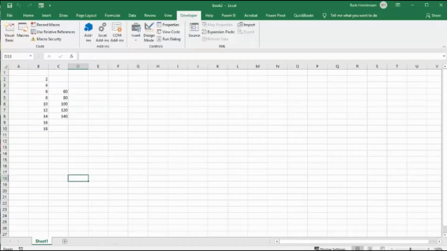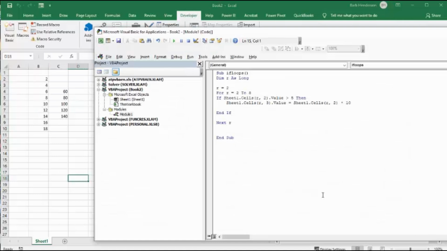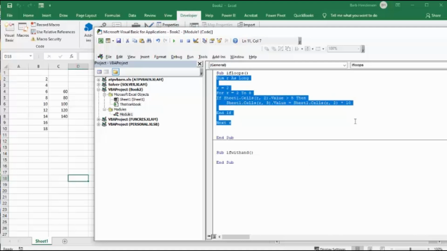So I'm going to click out of there and click back here. And so I'm going to write my next macro and I'm going to call it sub if with and. I'm going to go opening bracket, closing brackets, and press enter, and there we go. So we don't need to reinvent the wheel, so let's copy this from the top here,